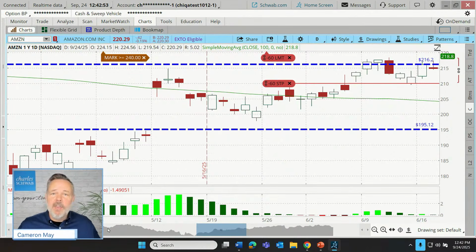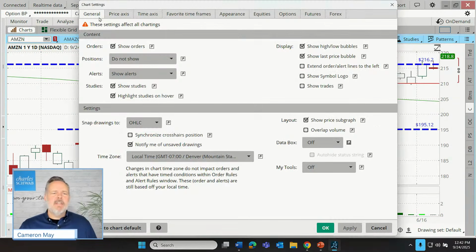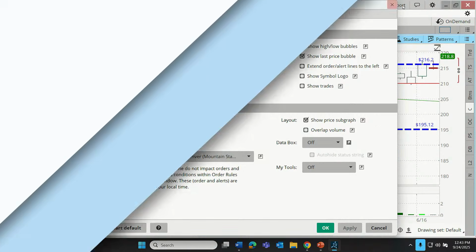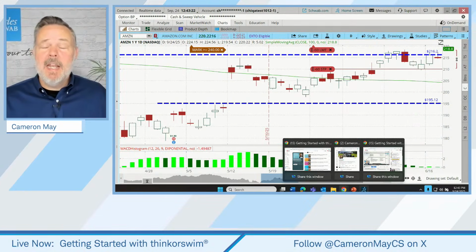So look at all of those settings we covered. Wow. Okay. So we have successfully gone through the general tab, the price axis, the time axis. I think very likely just about everybody would have learned something new here. So I was looking forward to this one. We covered a lot. Don't try to remember everything. The big takeaway is this stuff isn't scary. If we just see a new tool and we want to go in and play around with it, you can learn it pretty quickly.